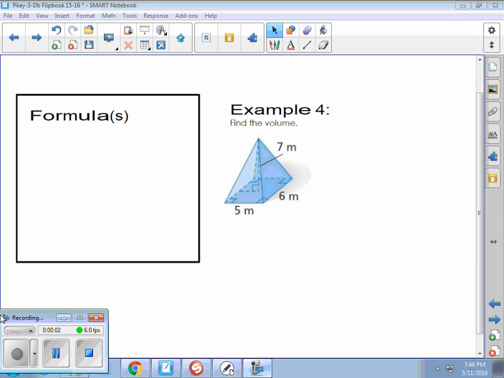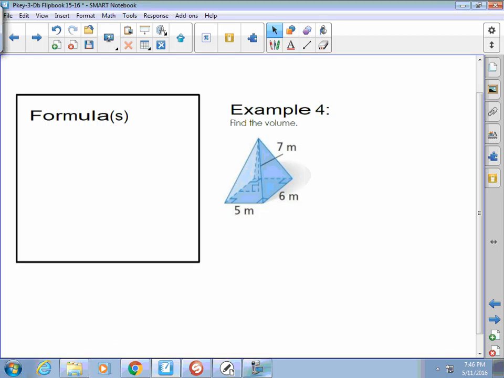Okay, our next tab is dealing with the volume of pyramids and cones. So we're going to start off with my pen. Our formula in relationship to pyramids and cones is different than prisms. So whenever I'm trying to find the volume of a pyramid and cone, we're going to do 1/3